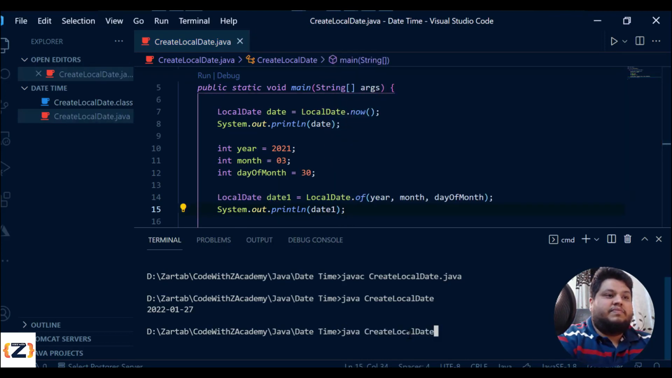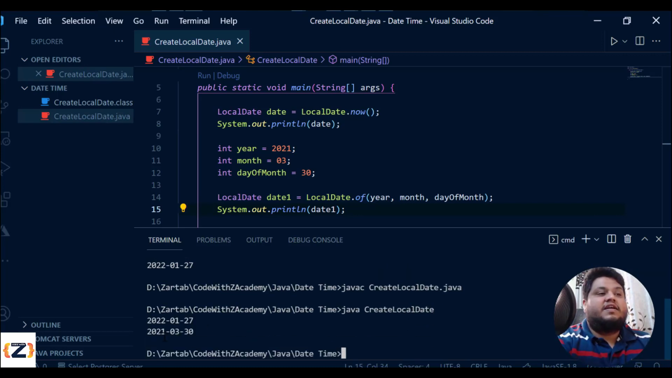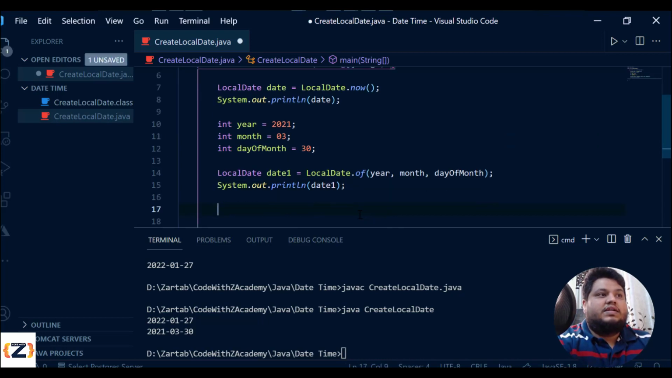So if I do this compilation and execution again, see the date generated based upon the values you have received from the end user. So this can be from any simple pattern that you want to work with. Now let's go and try to understand, for example, if I have this date1 which is an object of LocalDate,